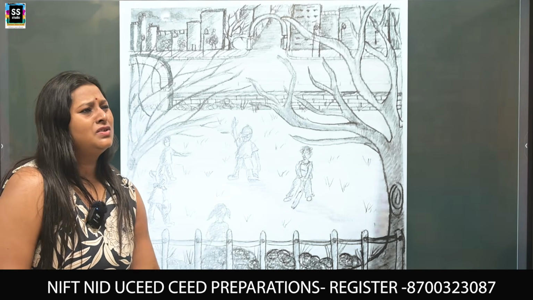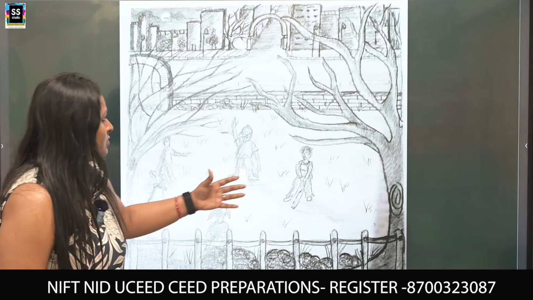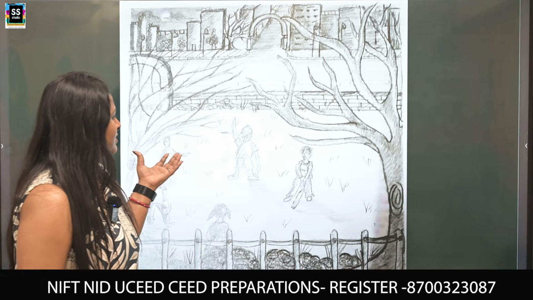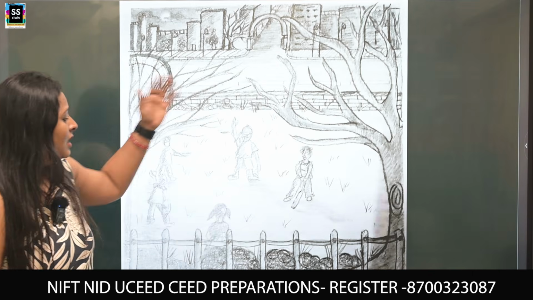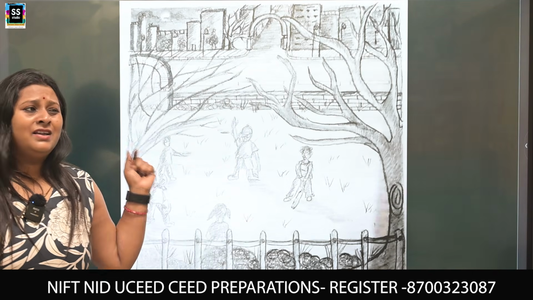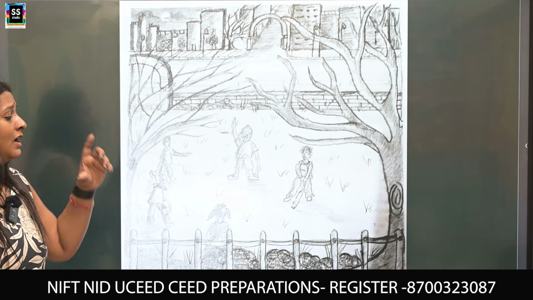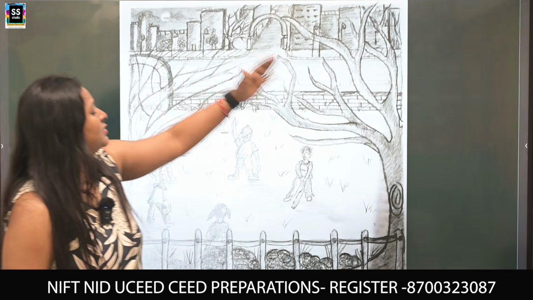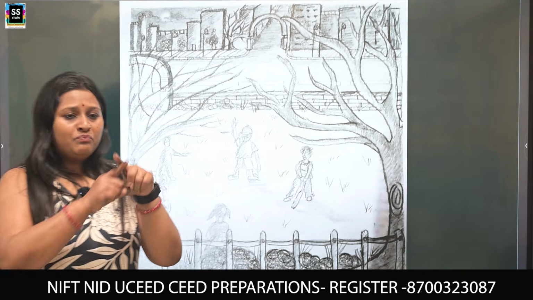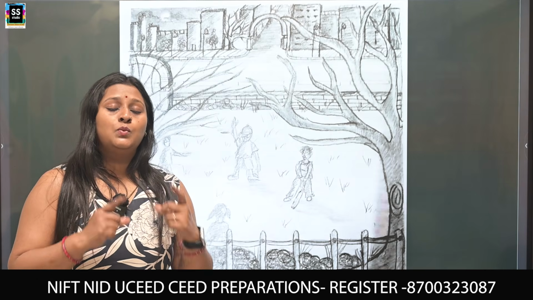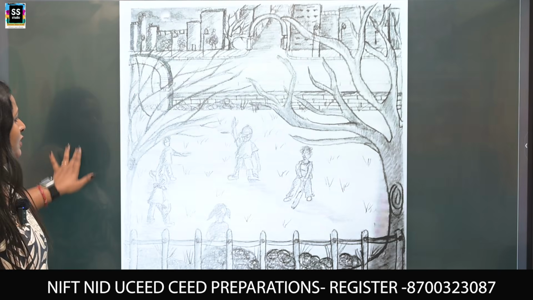Again, this was one of the questions, and it was asked in, I guess, NIFT 2023, where like an autumn season or a winter season, maybe the kids are playing in the evening, something like that was the demand of the question. So this was the solution made by one of our students. I don't remember the question exactly, but this was the solution. So the boxes were provided, so that's why the solution is in the square shapes, because previously, 3-4 years ago, NIFT used to provide the papers where boxes were made. So the solutions had to be in those boxes only. So that's why the solution is like that.